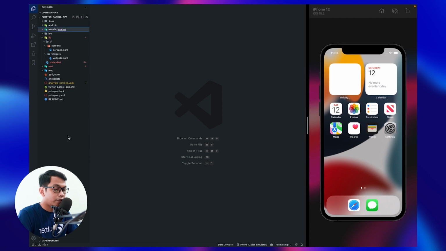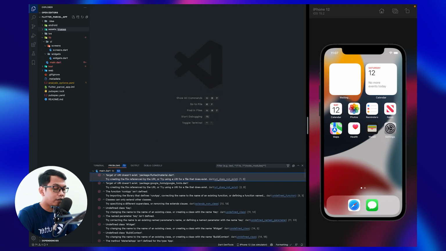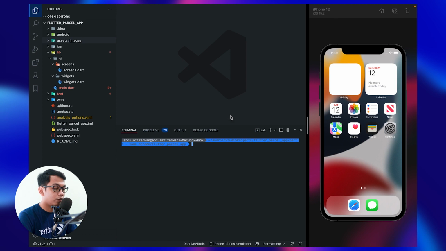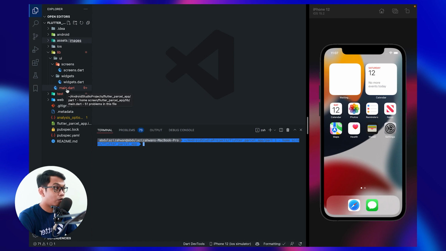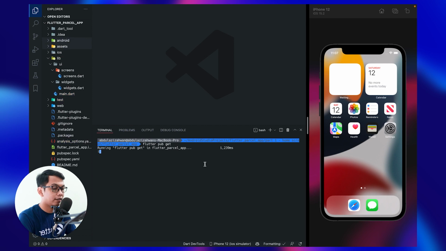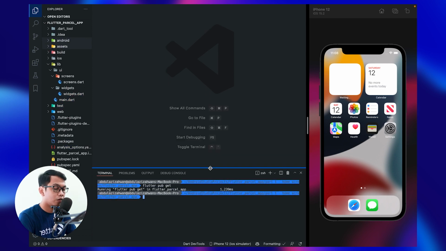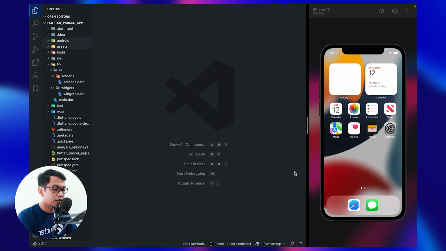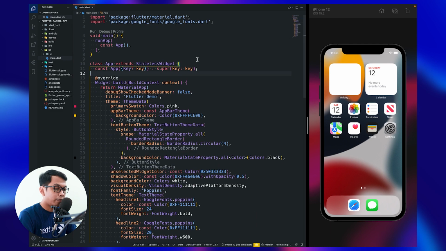Okay. And for the very first, let's open the terminal, because we have to get dependencies to remove this red error warning. So we just type flutter pub get, wait a second, and don't forget to run your emulator. You can use Android, or for now I use the simulator using iPhone 12. Alright, so we have finished importing dependencies, and inside our lib folder we have main.dart.